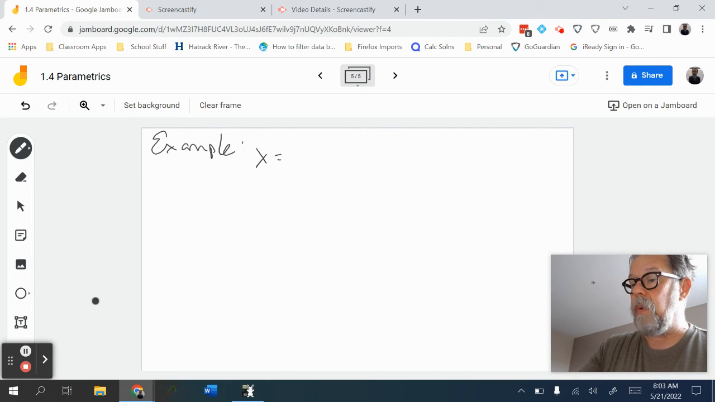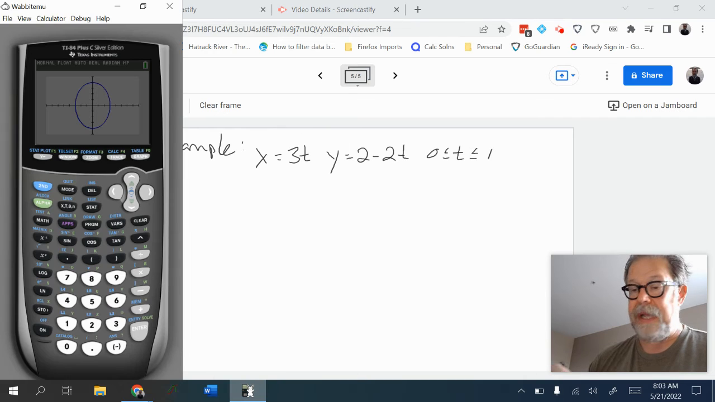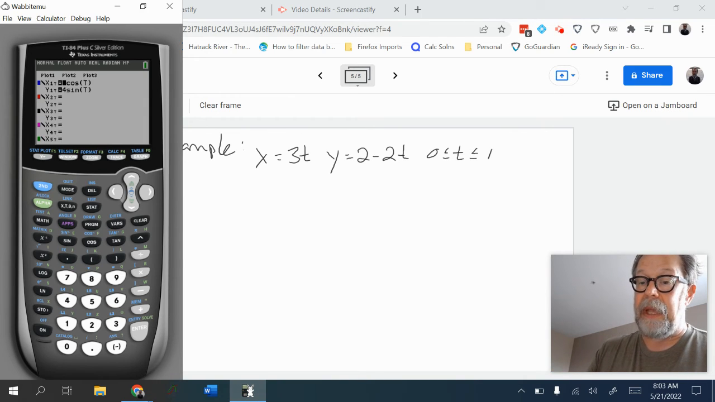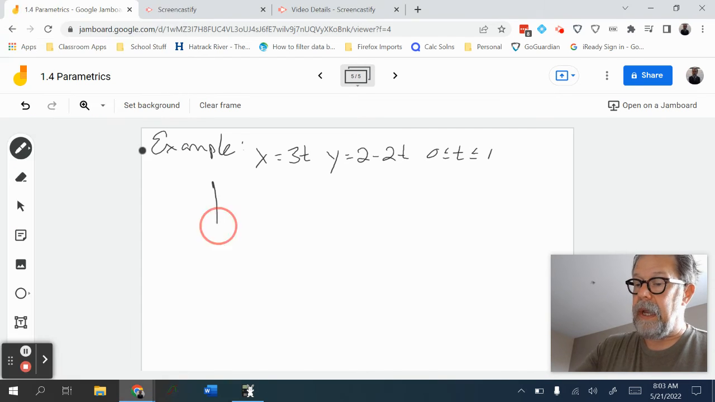This example will be x equals 3t and y equals 2 minus 2t from t equals 0 to 1. So again, you can pause and throw that into your calculator. And I will do the same thing here. And time settings 0 to 1 second. And when we hit graph, we get a line segment